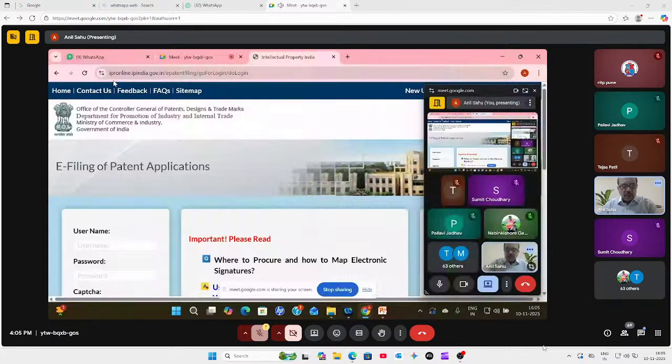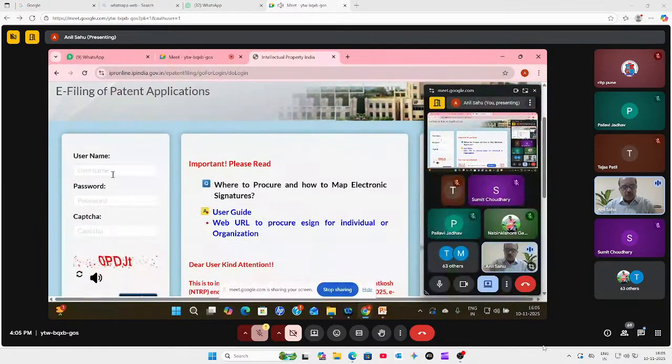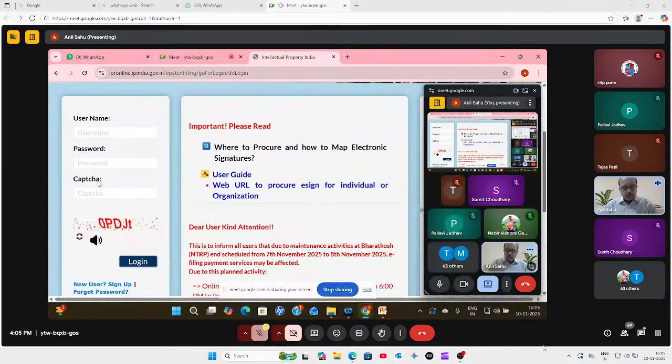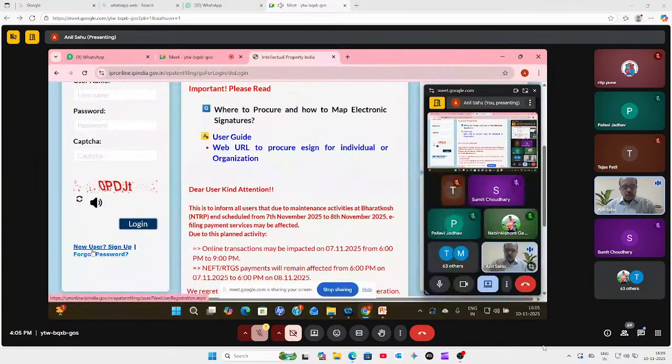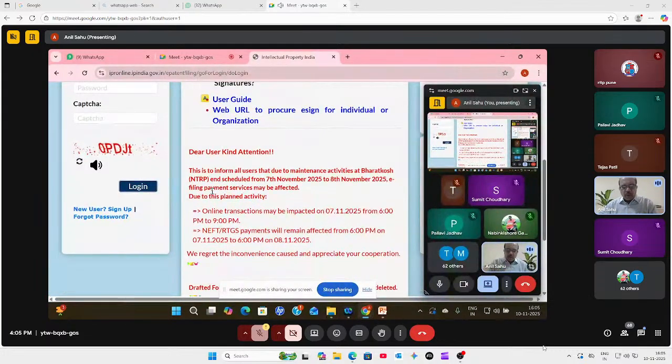I am mentioning the IPR online, the e-patent filing site. Here you create your user ID and password for the first time, because the user ID, password and captcha are required, and as a new user you have to create a new account. Before creating all this, and before filing, one piece of my advice is to go for